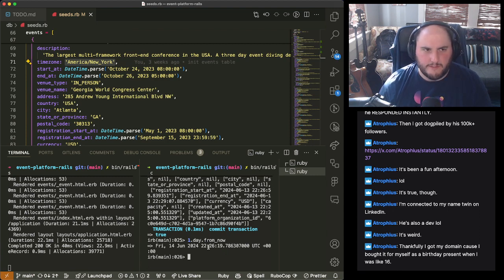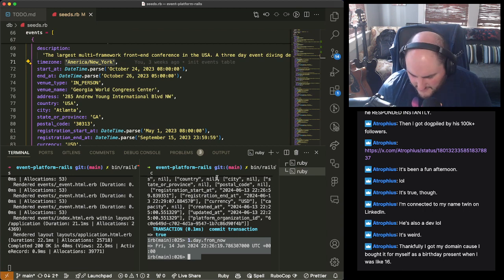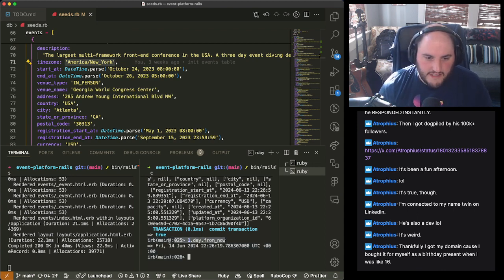I know I saw somebody doing something to try to introduce the same concept in JavaScript. I want to say it was Ryan Florence. It might have been Ben Lesh. I think it was Ryan Florence. But this would be cool. I'll take it. Give me a date library like this and I'll be a happy man. But I want it to be native. I don't want to have to install a 10 megabyte library just to get stuff like this.